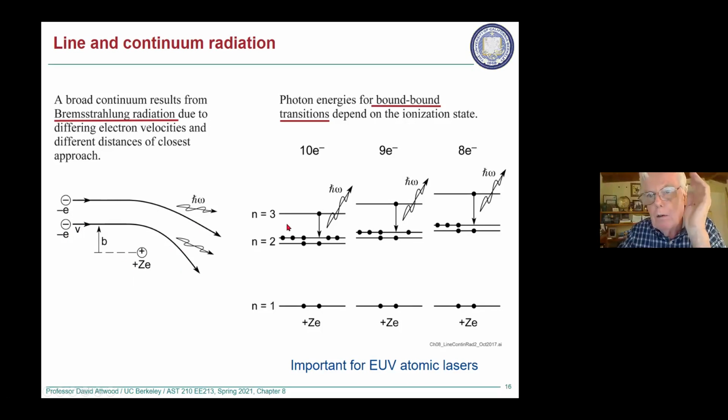Okay. Also thermal, but not a continuum, are the bound-bound transitions that you can get. So this is showing some initial atom. Again, let's say it still could be silicon, so Z would be 14. But in this case, let's start with this one. It's got 2, 4, 5, and 6, so it's got 10 electrons. So it was a silicon atom, so the nucleus is 14, and it's got 10 electrons, so it's lost 4